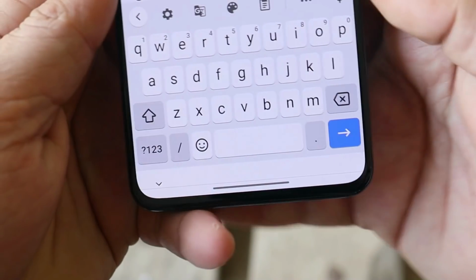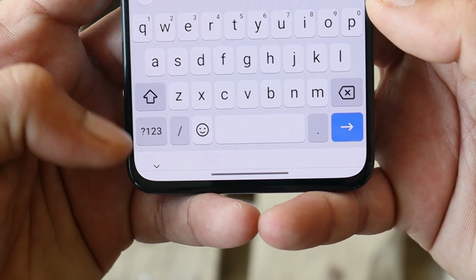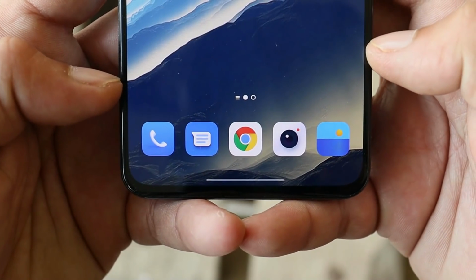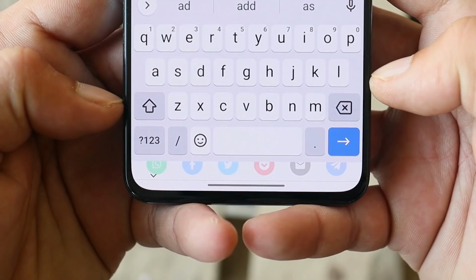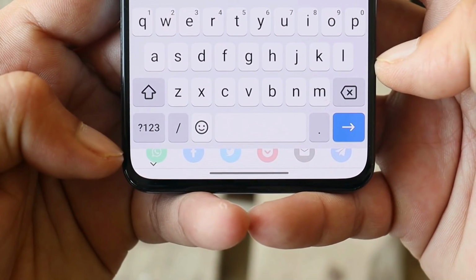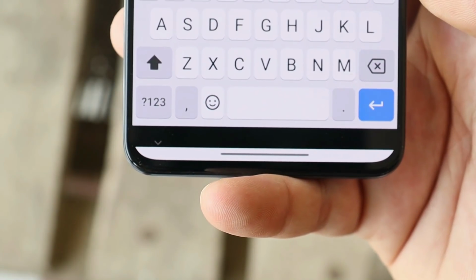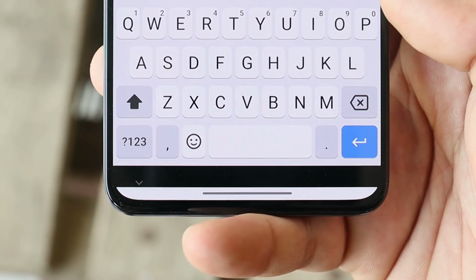Also on Oxygen OS 12, we don't get the option to adjust the keyboard height, due to which things look pretty weird. Let me show you a few examples. So this is one screenshot. As you can see here, due to improper UI, we get to see a huge gap under the keyboard, and we also get to see the stuff behind the keyboard. And while using WhatsApp, we have this black color at the bottom of the keyboard, and these things do look weird.